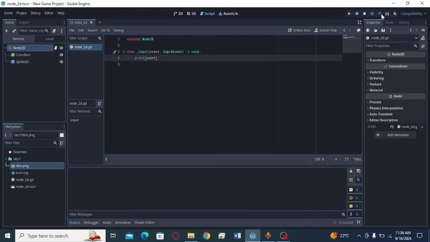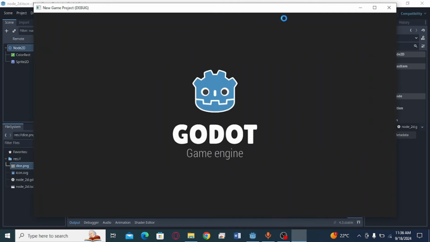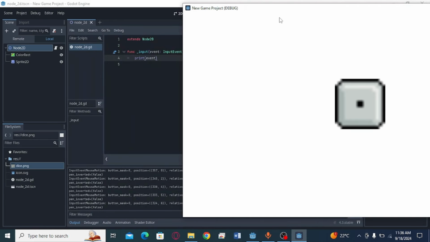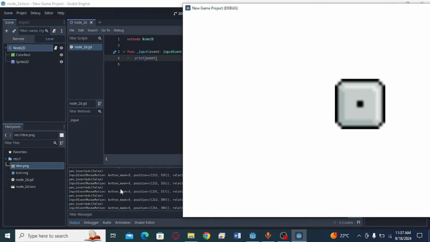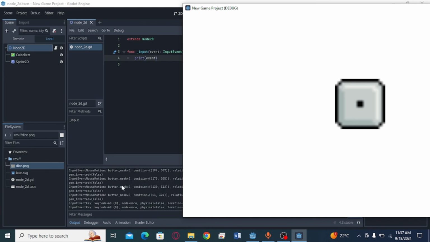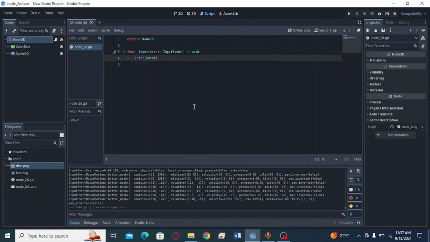there's a certain input. So for example, if I run my project and I just drag it somewhere towards the left, if I drag my mouse across the screen, you can notice over here that it's telling me every mouse movement event. If I click my mouse, you can notice that it's giving me the mouse click event. So button mask is that, the button index is this. If I even click a key on my keyboard, just drag all the way to the bottom, you can see that I clicked the key D. So the function of that input event function is to basically tell us when any sort of input is occurring